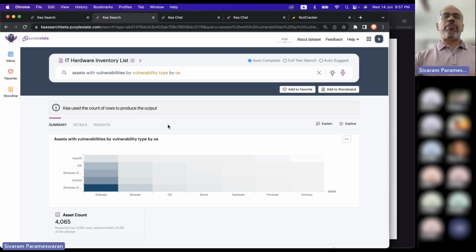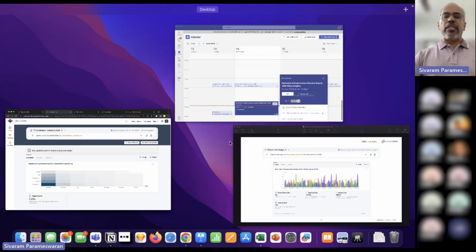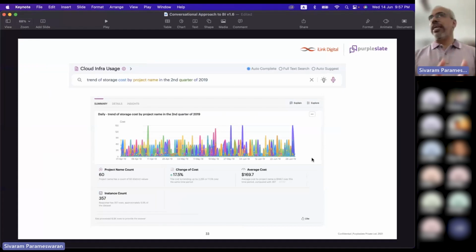I'll just come back to this demo. We'll do a lot more. There are more variations to it, and I'll just come to that. But I just wanted to set the context. When we were talking about this, what exactly do we mean by conversational? That's pretty much it. In the sense, rather than looking at preset metrics, why don't we just use pure language, and when we talk about language, it also involves